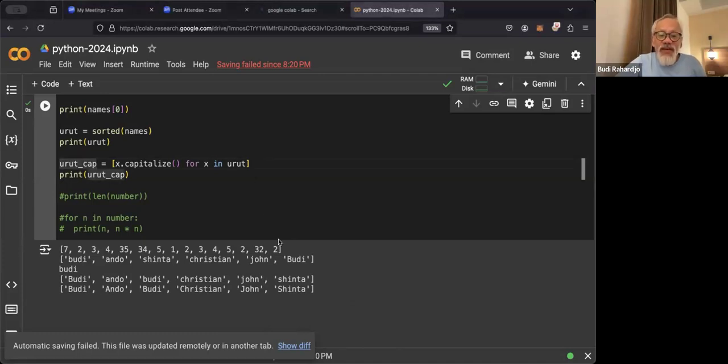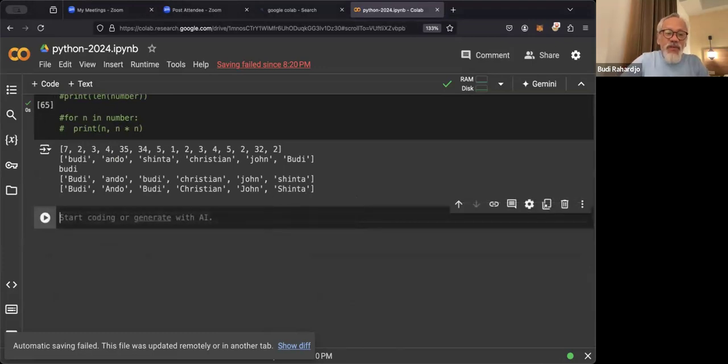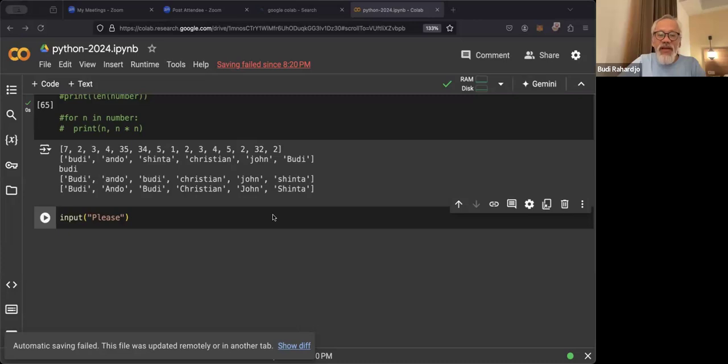Oh, okay, so now let's create another action here. Let me just go back here. Code input, please. Wait, enter. Okay, yeah. Sorry. Where is my screen? Where is my Zoom? Oh, okay. Where is my Zoom? Okay, here it is.